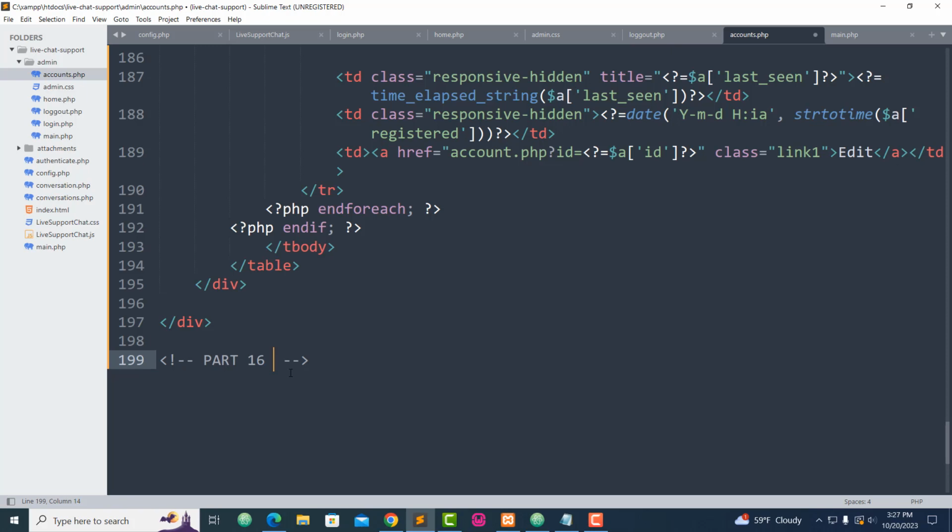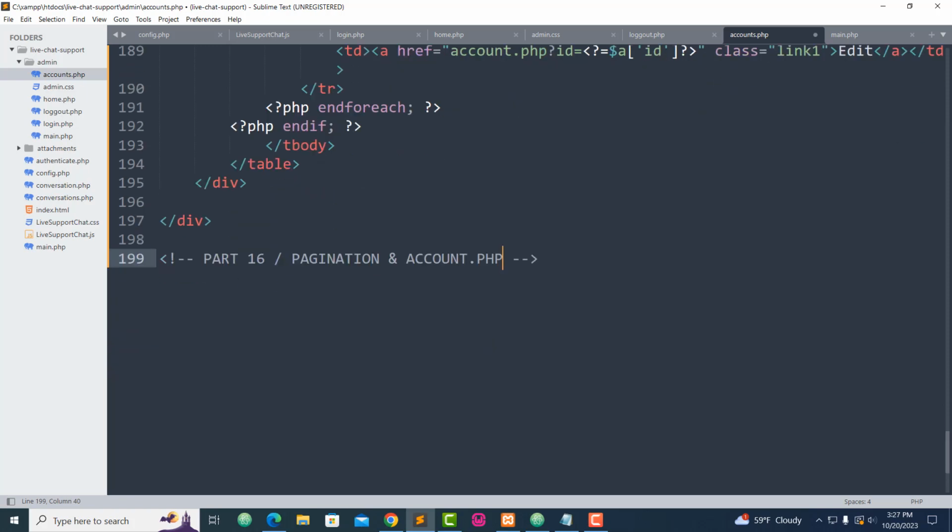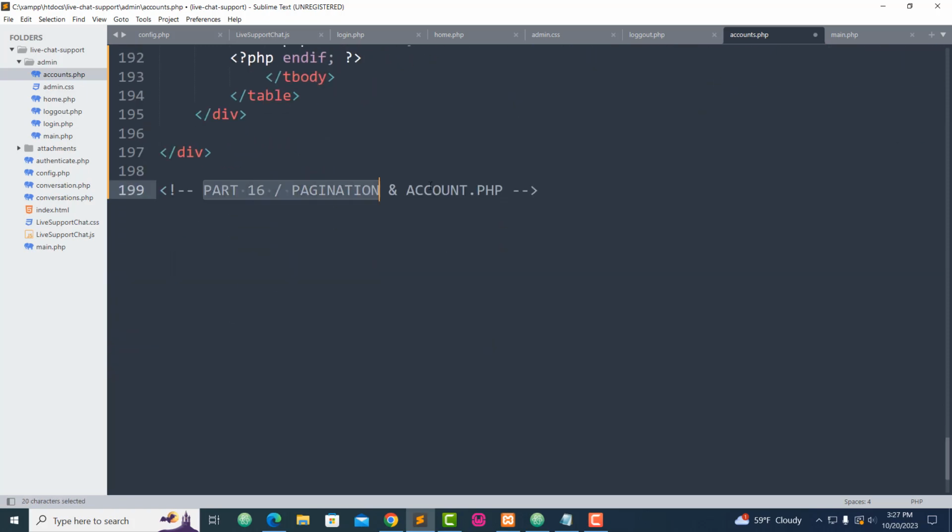We're working on two things. The first one is pagination, and the second one is account.php. This is the thing we are going to do. We are going to do pagination, we are going to add the CSS, and we are going to create the account.php